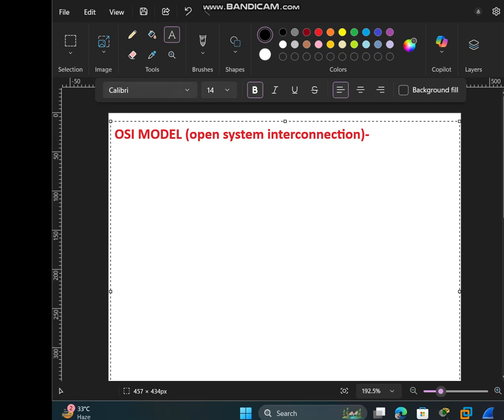Today's topic is the OSI model. OSI stands for Open System Interconnection. So without delay, let's start. What is the OSI model? It first defines